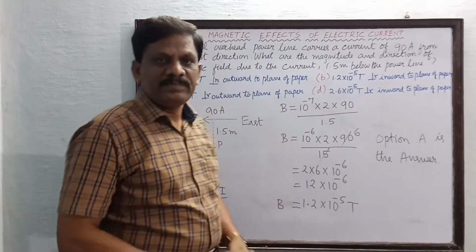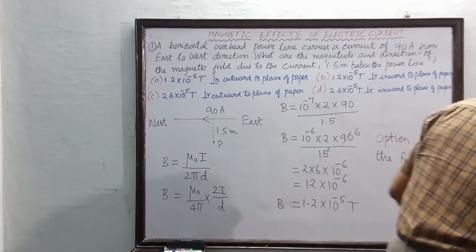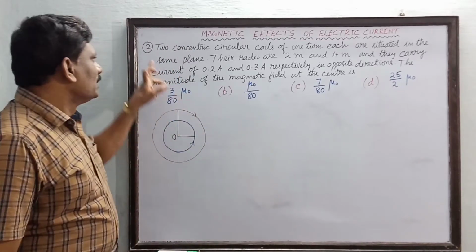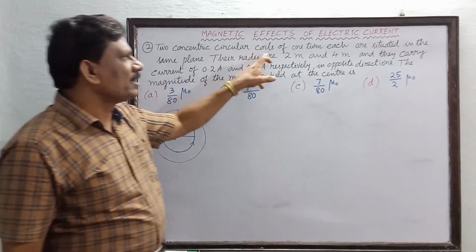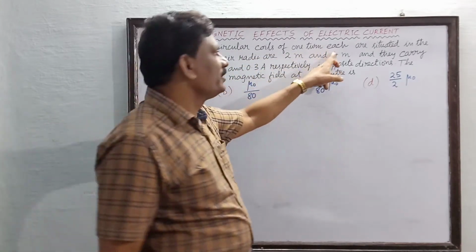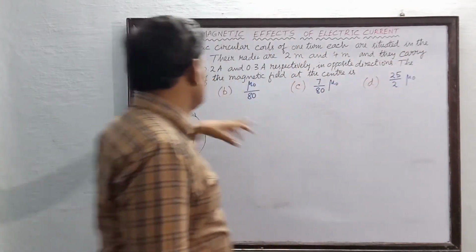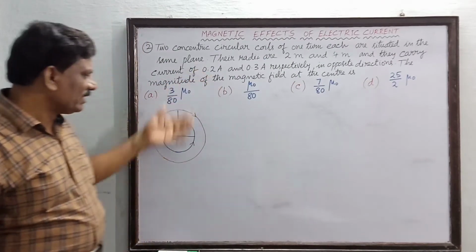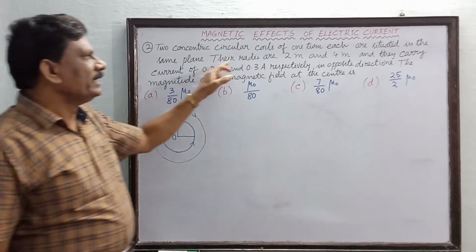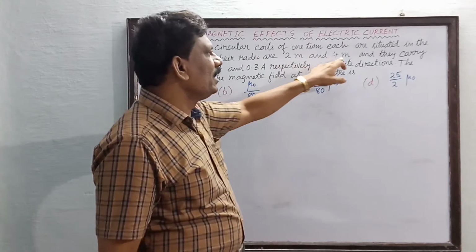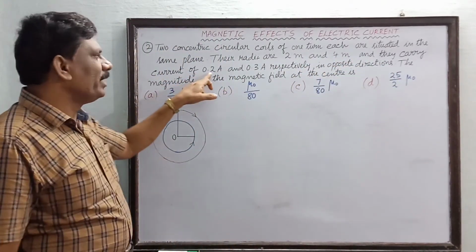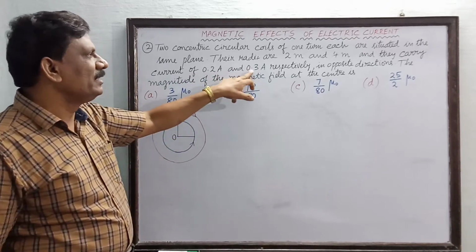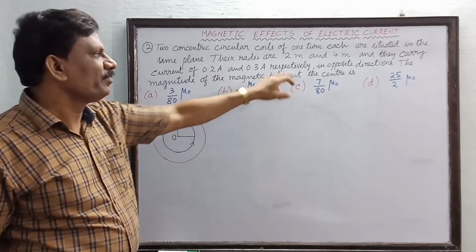Okay, fine. Hi students, now the second MCQ. Two concentric circular coils of 1 turn each are situated in the same plane, that is vertical plane. Their radii are 2 meter and 4 meter, and they carry current of 0.2 ampere and 0.3 ampere respectively, but